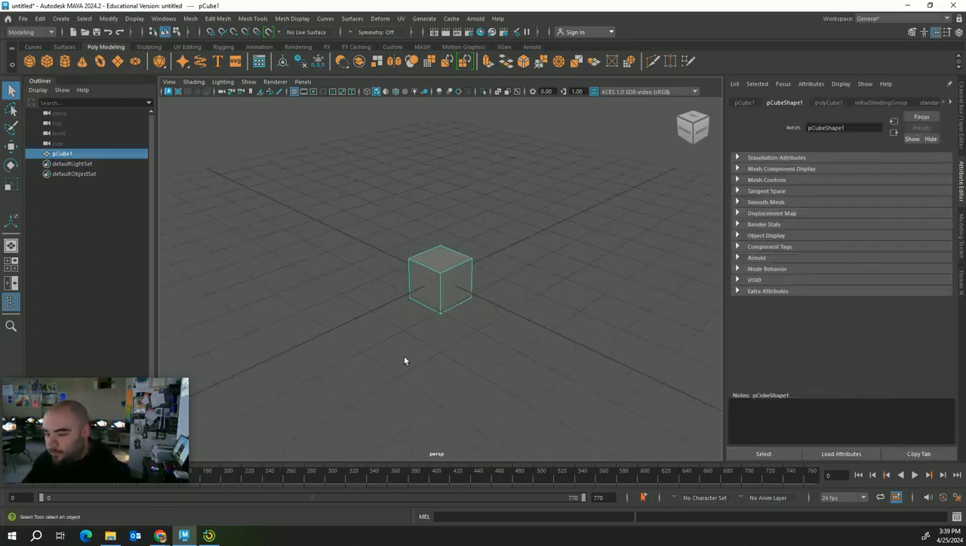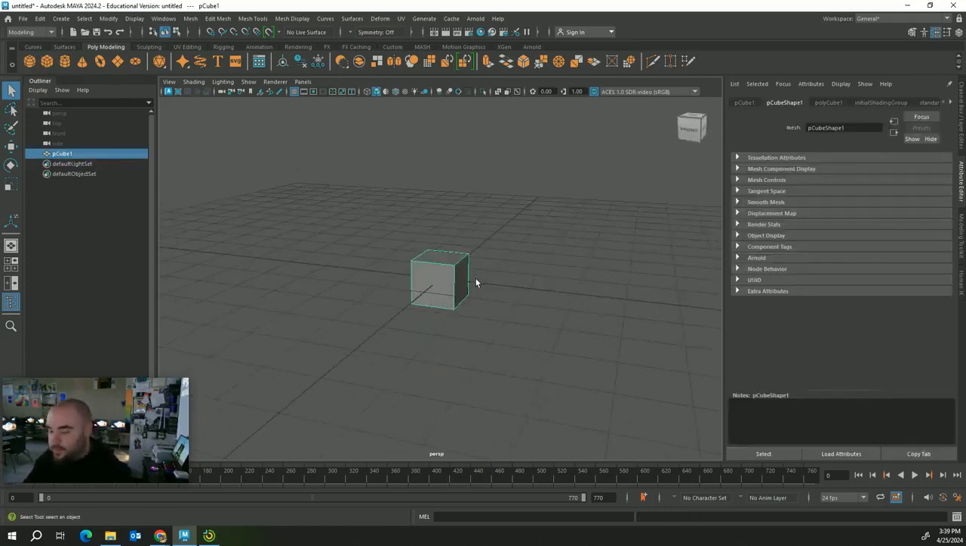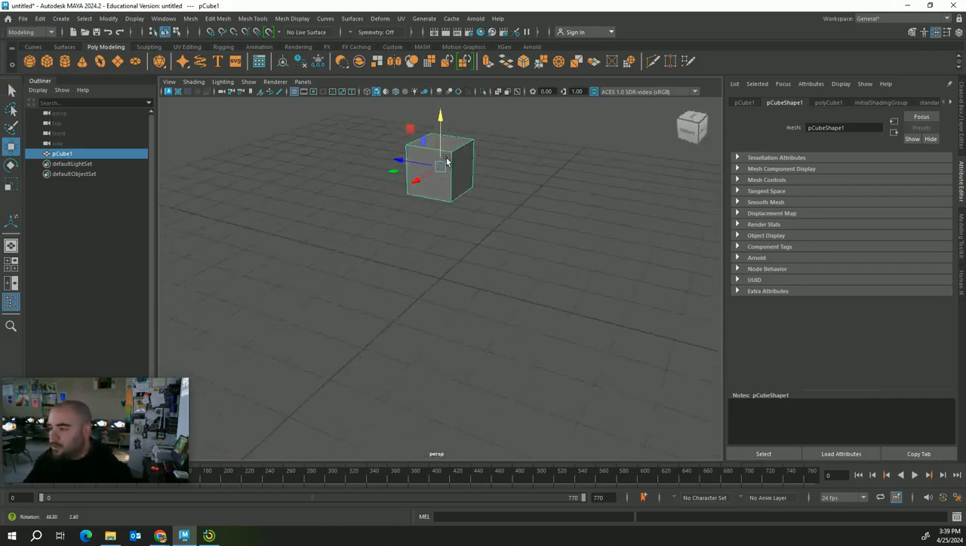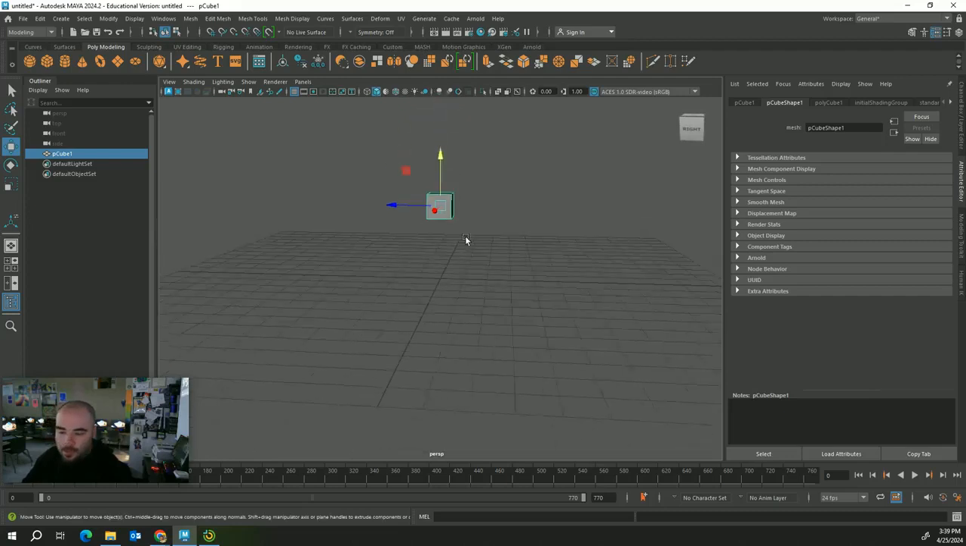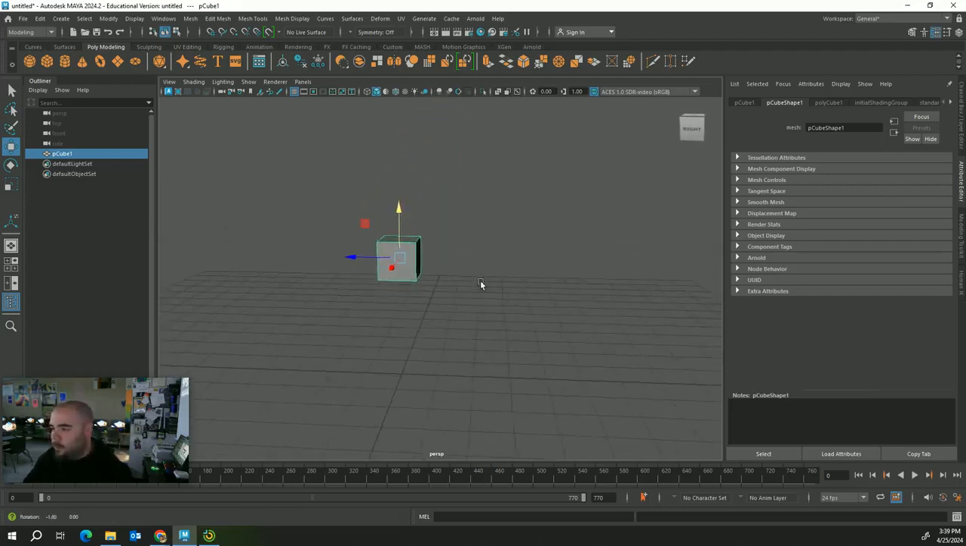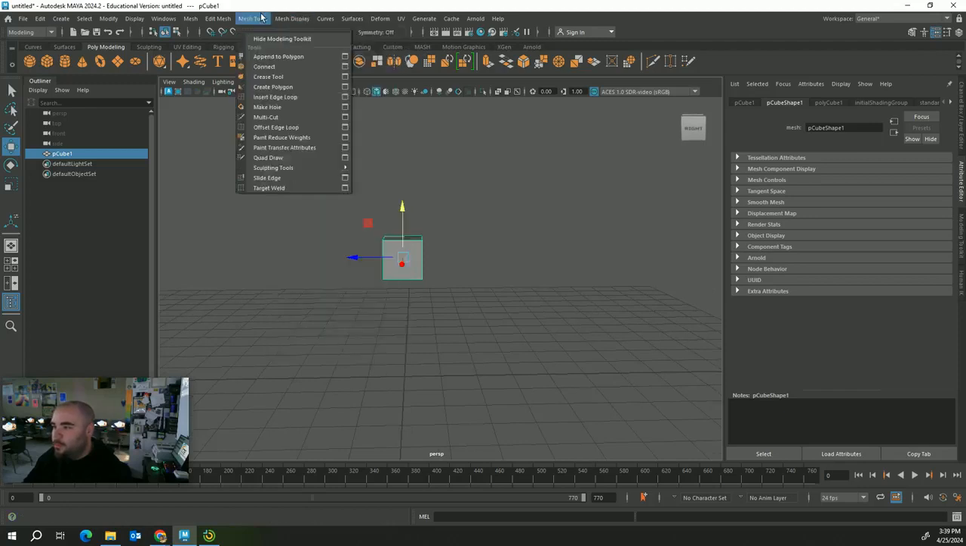Now again, with more advanced modeling, you're going to want to have a reference to start off with to make your character, but we're going to make a very generic, very basic character today with not a lot of detail, so we're going to be okay. So first things first, we're going to start off with a cube to make a character. I'm going to make a humanoid biped character, and first off, I want to use, again, my tool, Insert Edge